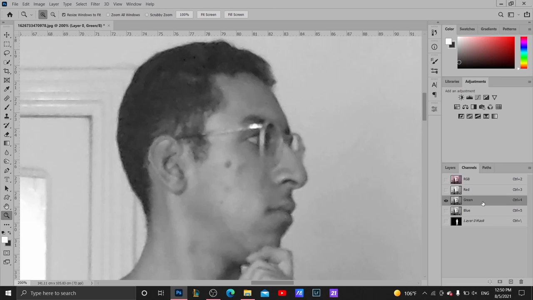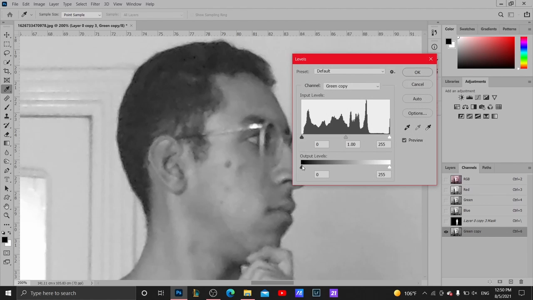Let's go with green, and now make a copy of it, and then go to levels, press Control L, and decrease this, and drag this arrow to the right,